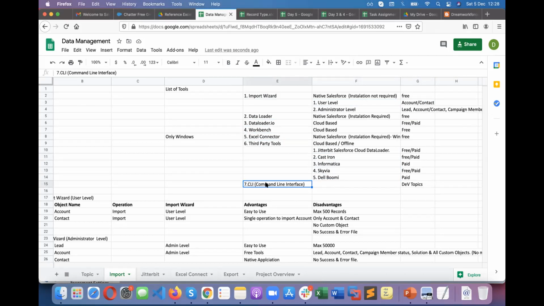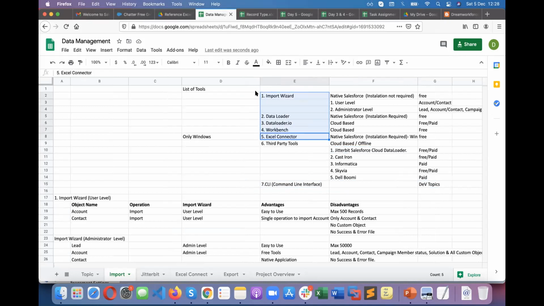But again, we need dev time. It's not exactly coding, but basically it's a bash script. We have to write the bash script and convert it into a bat file, and then do SQL queries and other stuff. Basically, this is a dev tool. Here I'm going to cover Jitterbit, which is a free version, and all the remaining topics. Okay, is that clear?